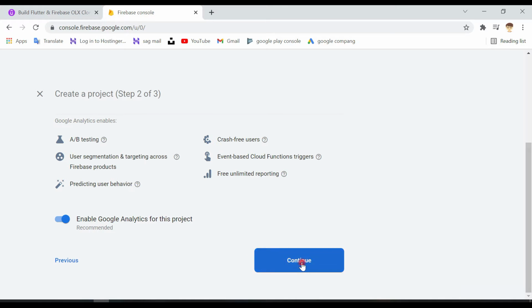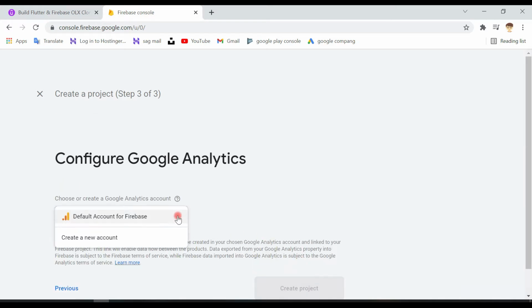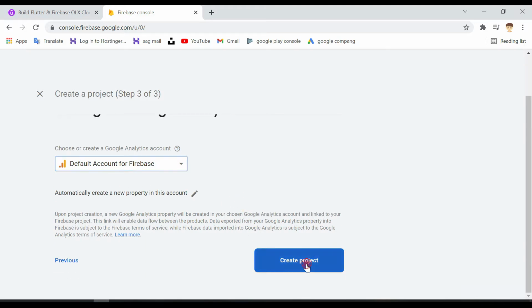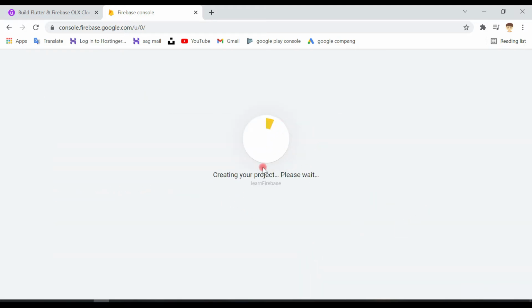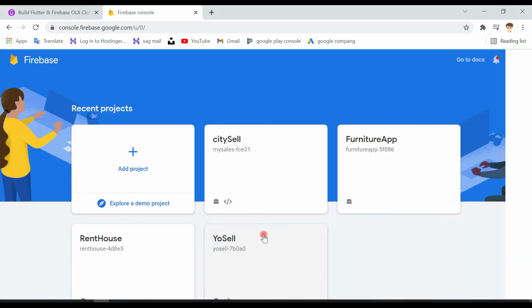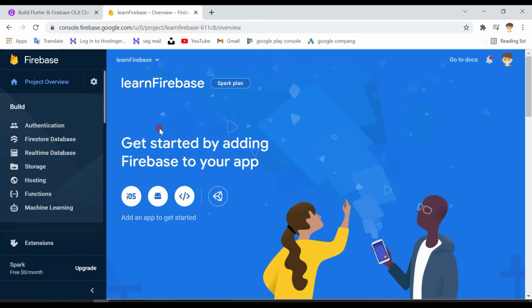Now select the default account, click create project, and it will create the project in a few seconds. As you can see, your new project is ready. Click on continue, and here we go, now we are on our project.